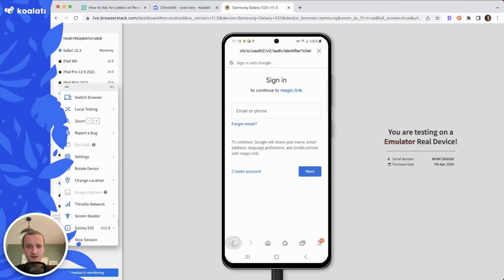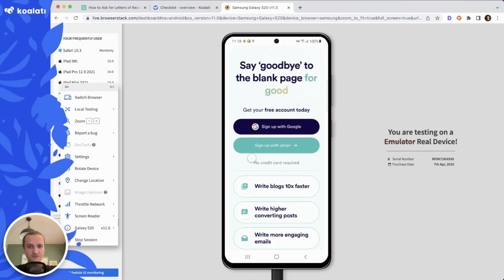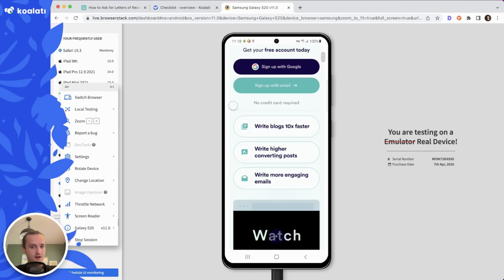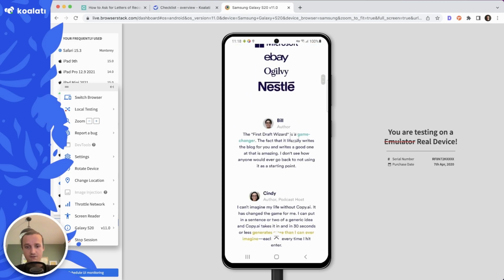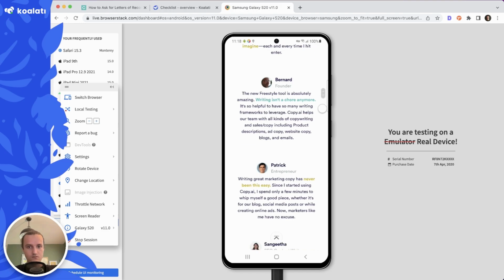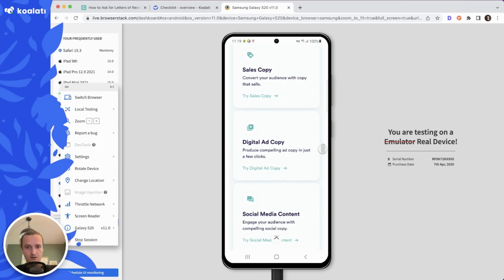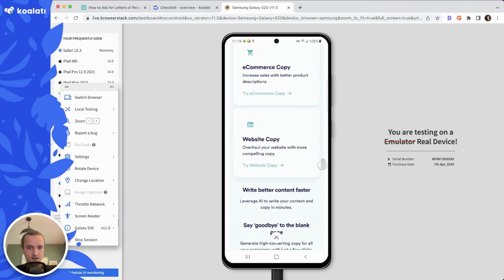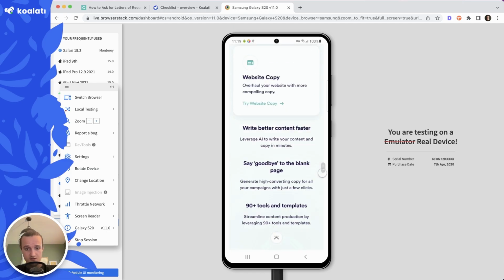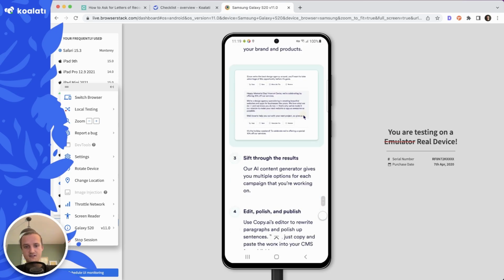So if I go back here, let's see if that was just a bug or if it's actually broken. Okay, it was just a bug of the browser stack, perhaps, or first loading, I don't know. But it's working fine now. Let's go ahead and browse some more, see how all of that stuff is looking. It's looking pretty good. Once again, if you have a real device, it's going to be easier to test on